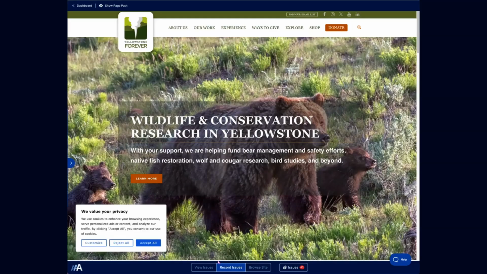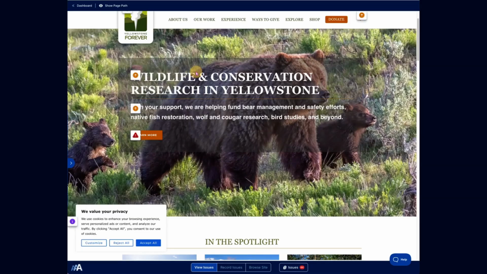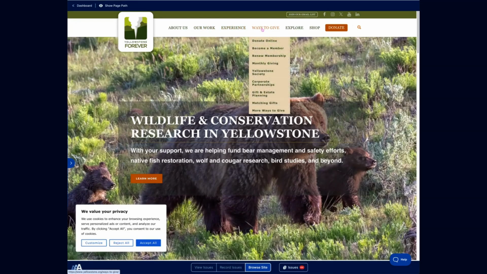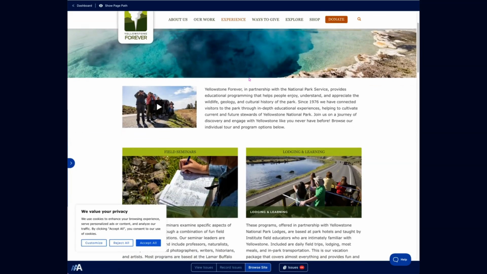Alright, and now when I go back to view issues mode, you can see my new manually created issue is here. Next, we also have the option to browse the site. You know how we added pages through the sitemap and by manually adding the path? Well, you can also go to visual mode and add pages this way, which I think is a little more intuitive too. So for example, if we go to the experience page,